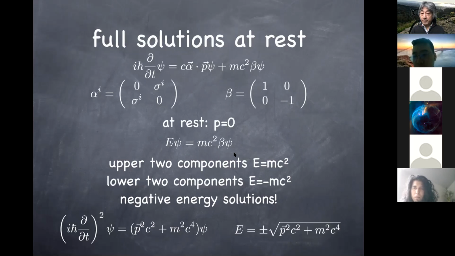And that's something you expect for a spin 1/2 particle too, because two-component spin would rotate among each other when you rotate space. So it turns out that the four components of psi would rotate among each other under spatial rotation, or also under Lorentz boost. And so you have to consider these four components together as a single set when you solve for the energy eigenstate. But you always find two positive energy solutions and two negative energy solutions, which are mutually orthogonal to each other.